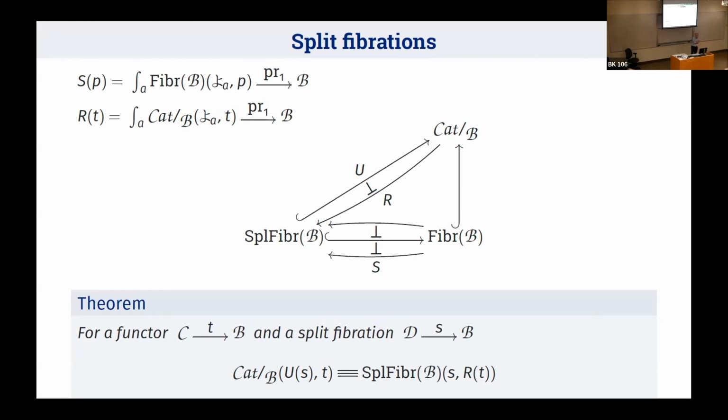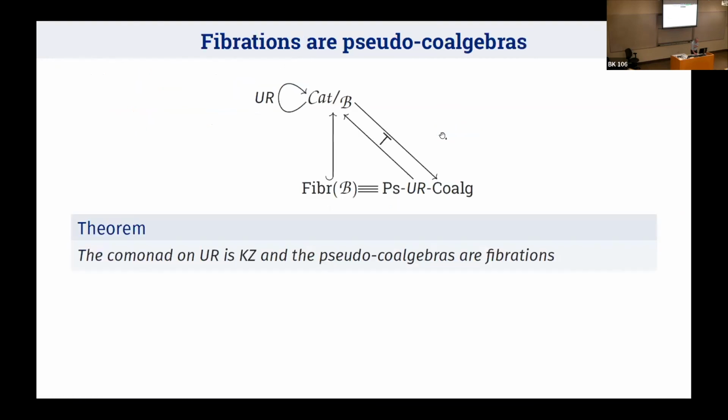to the forgetful functor from split fibrations into this larger category of fibrations. And a right adjoint composed with a left adjoint gives rise to a comonad on the category of categories over B. And the result that a master student I had in Genoa, Luca Mesiti, who is now in Leeds happily performing his PhD, proved is that the pseudo-coalgebras for that